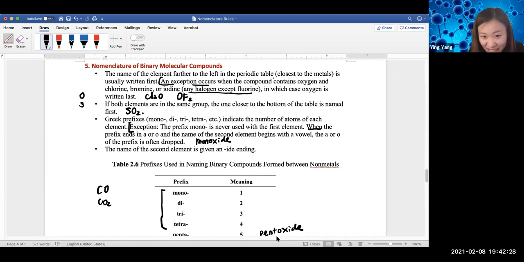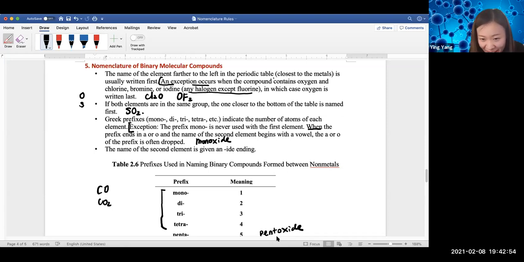Difluorine oxide, oxygen fluoride. Now we have more deep. We always start from the name of the first element in the chemical formula. So we need to start from oxygen. And if oxygen is the first one, we see oxygen fluoride, monoxygen fluoride,